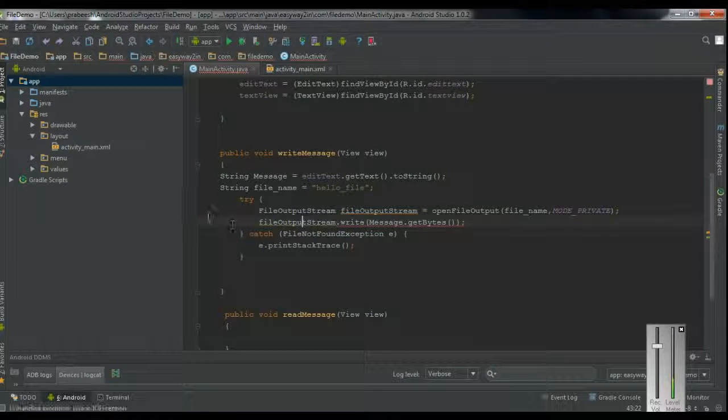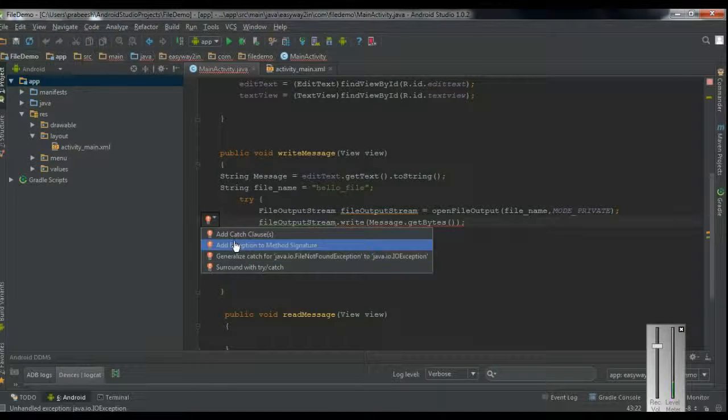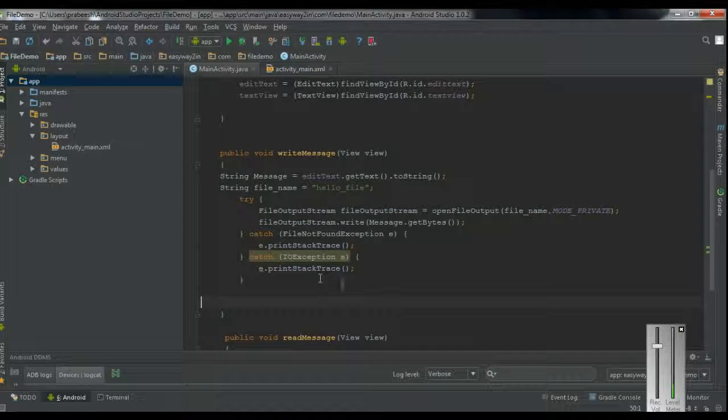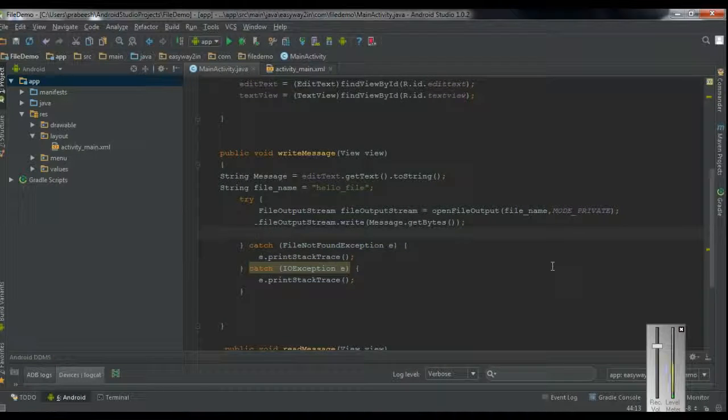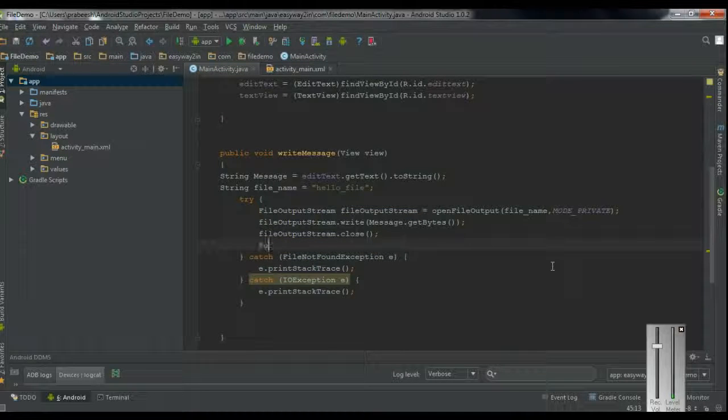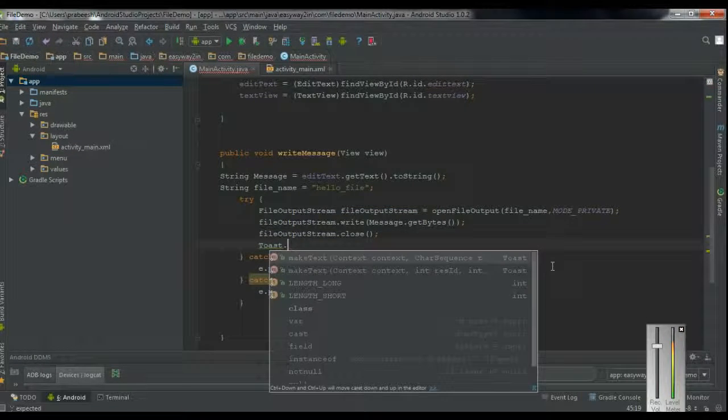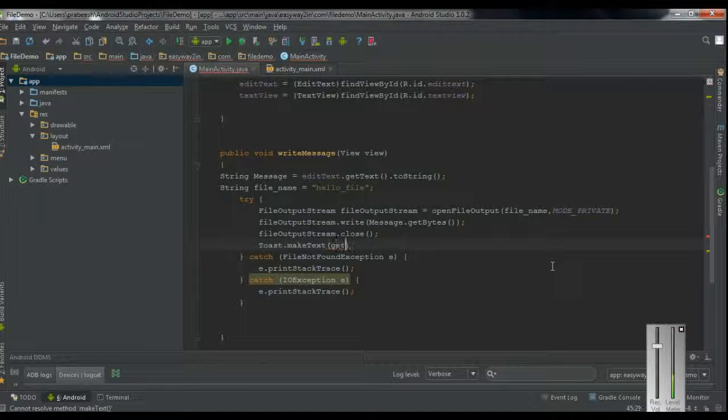Okay, we have to add the catch clause. Add catch clause. Here the exception is IOException. And finally we have to close the file output stream, fileOutputStream.close(), and display a message to the user: Toast.makeText, getApplicationContext,